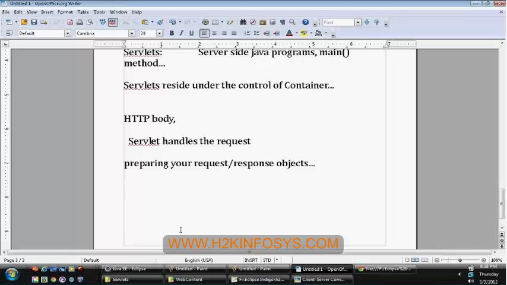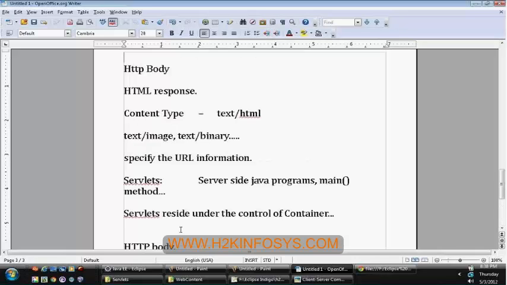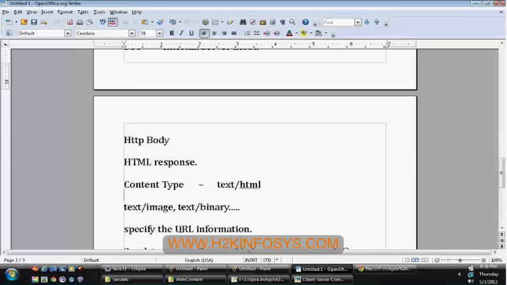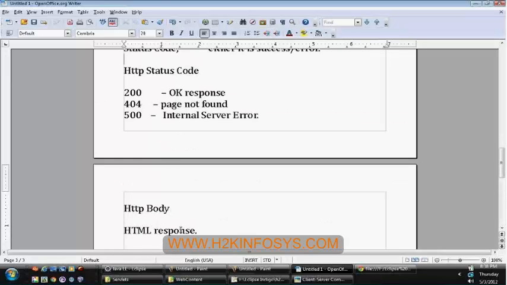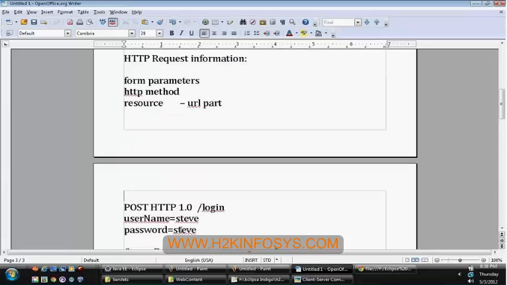So whatever information you have sent in your HTTP body, previously we have seen the request parameters. These are the request parameters. So to our servlet, servlet is nothing but just like a simple